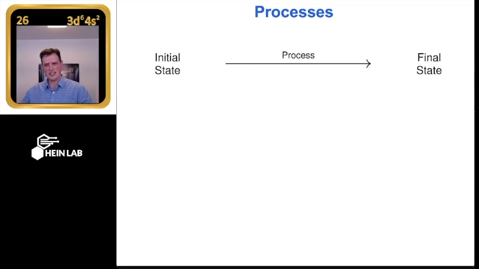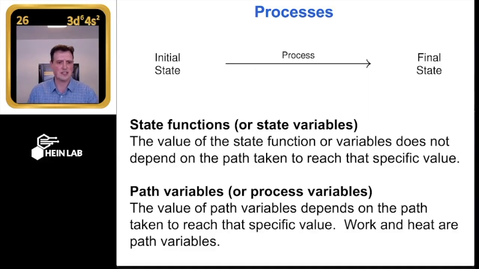Okay, so we've broken this out. We've got our initial state, that's remember our state function. Final state, that's where we get to. They both must be at equilibria. We're focusing on this process. So we've talked originally about our state functions, our state variables. These are the measurements of quantities, things like our internal energy, density, temperature. These are intensive or extensive state variables, right? Now we're going to talk about these path variables. The reason why is because they allow us to define a specific way to get from state 1 to state 2. Heat and work, we've already talked about them. Now we're just going to bracket them in.